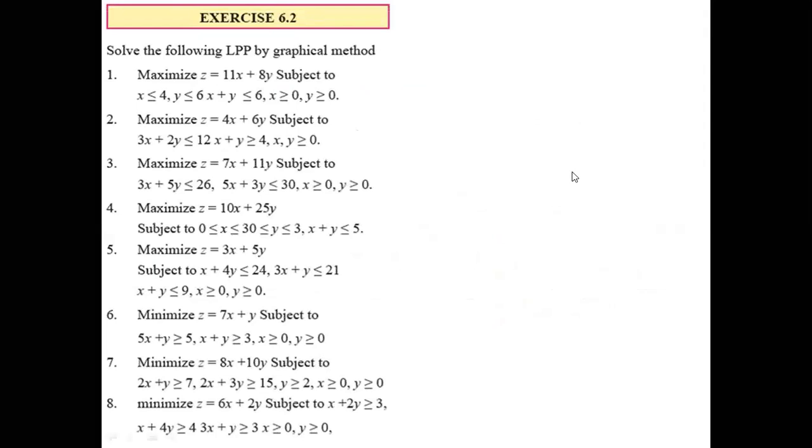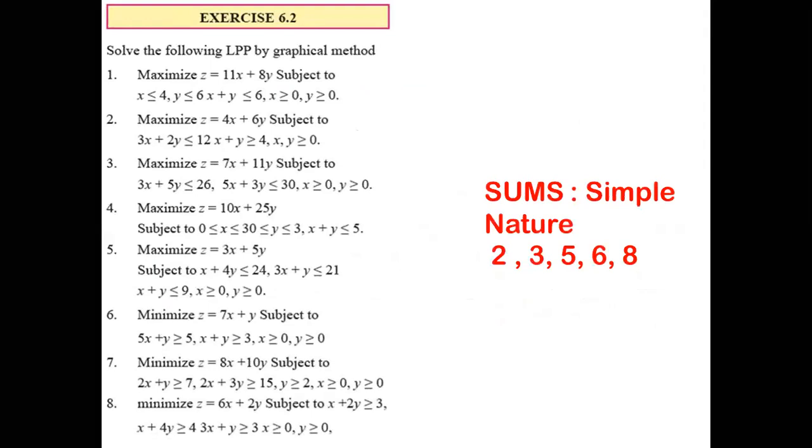For your practice, you can start with exercise 6.2. Now in exercise 6.2, the questions are already formulated and given to you. So you can directly start with the solution part as I explained here. So all sums don't solve because all are not the same pattern which we have finished. The patterns which we have finished includes sum number 2. As you can see, the question is of maximization. You have two constraints over here.